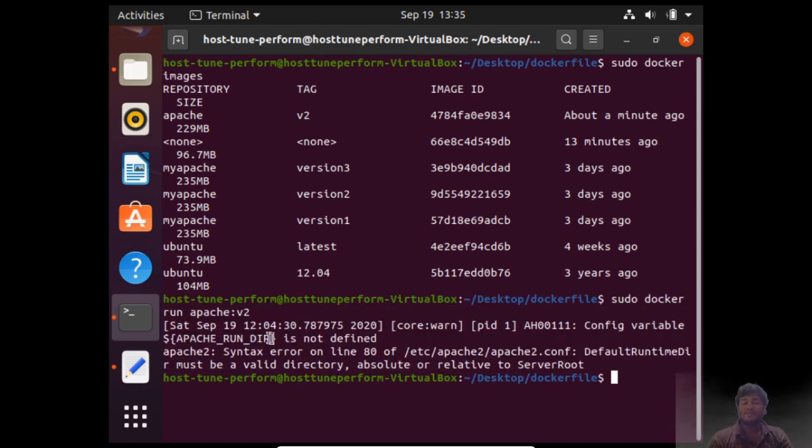So we have to define this variable. What exactly is this variable? This is an environment variable, which is defined by Ubuntu. So if you pick up any other OS, you will have some other variables. So this is the way Ubuntu links Apache or installs Apache on the operating system, and it maintains the directory, then it maintains the PID, then it maintains the log directory. So there are a lot of directories or environment variables which have to be given.